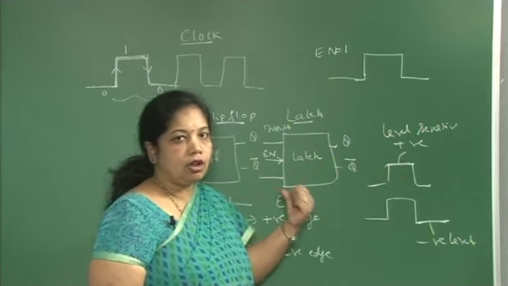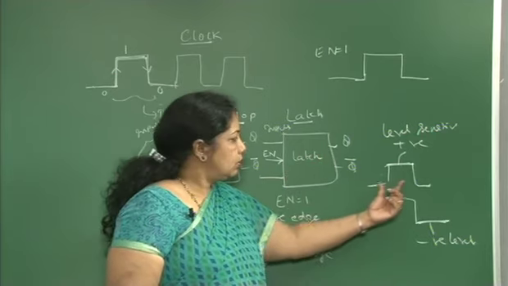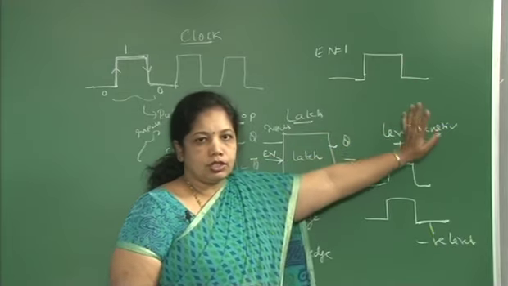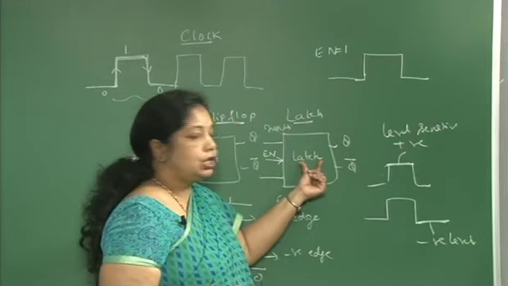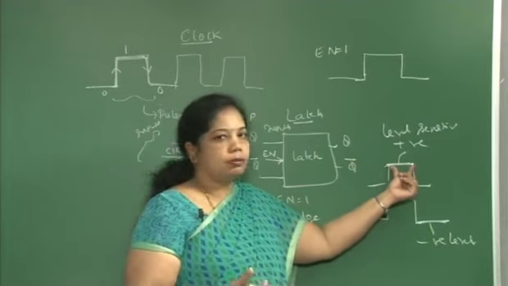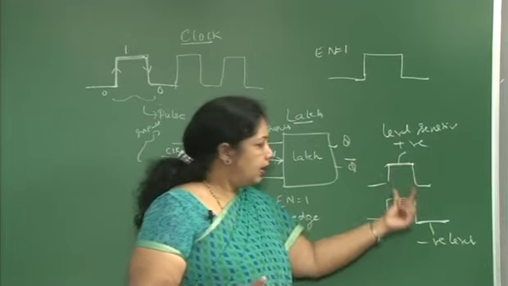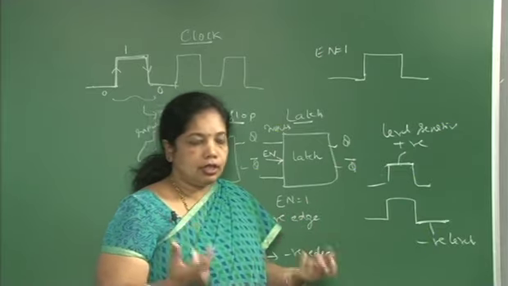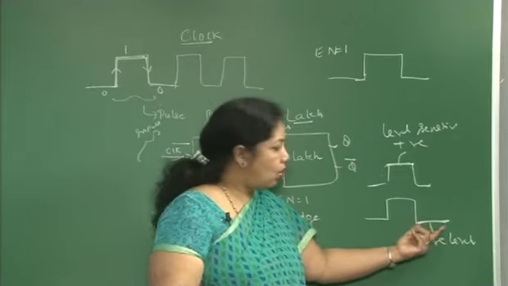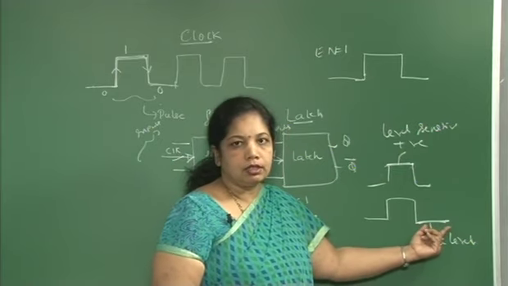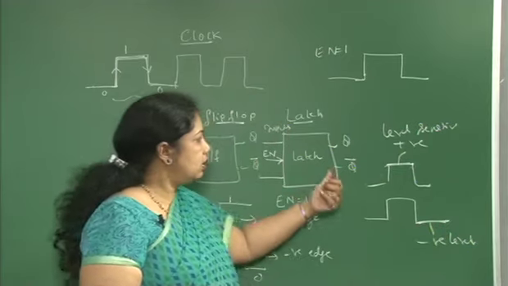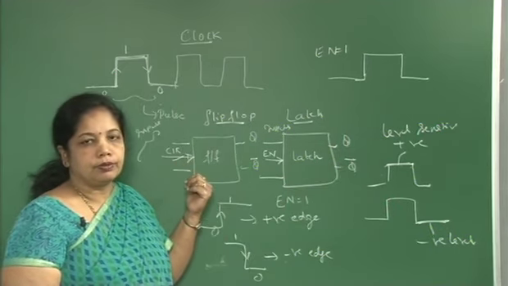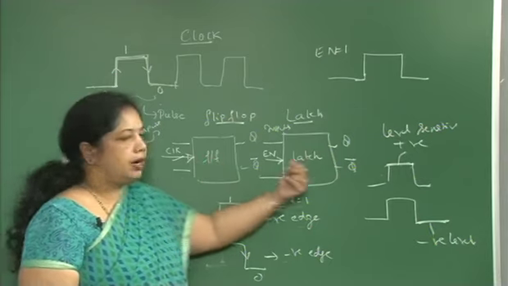I do not say clock here, it is a signal. This signal is nothing but a 0 to 1 and 1 to 0 transition once again. So, this latch will respond to this positive level, and if I make enable 0, if I consider the enable signal as 0, then my latch should respond to the negative level. So, latches are what we call level sensitive and flip-flops are edge sensitive. That is the difference between a flip-flop and a latch.